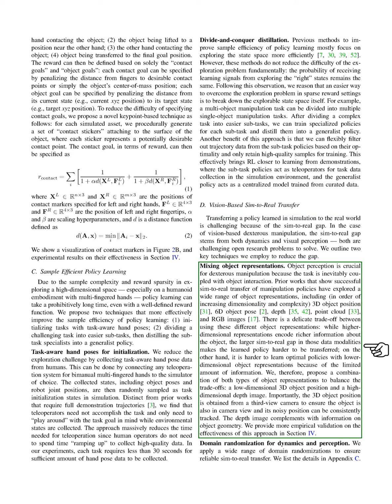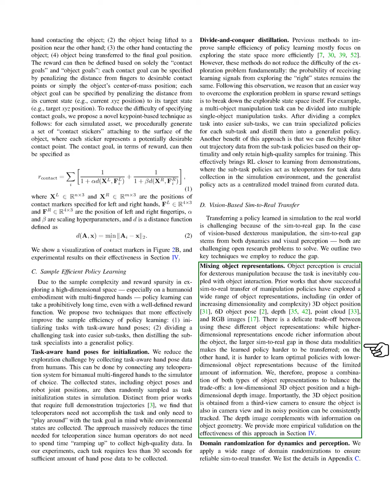First, we mix object representations. Object perception is vital for dexterous manipulation since it involves interacting with objects. Previous research has shown that successful sim-to-real transfers have utilized various object representations, ranging from simple 3D object positions to more complex RGB images. There is a trade-off. While higher dimensional representations provide more information, they also increase the sim-to-real gap, making policy transfer harder. Conversely, lower dimensional representations offer less information, complicating the learning of optimal policies.